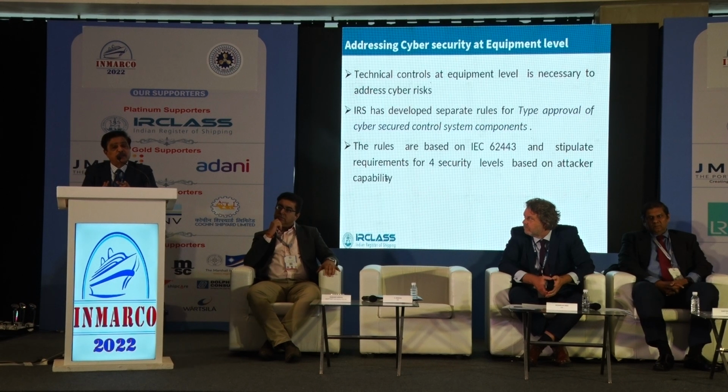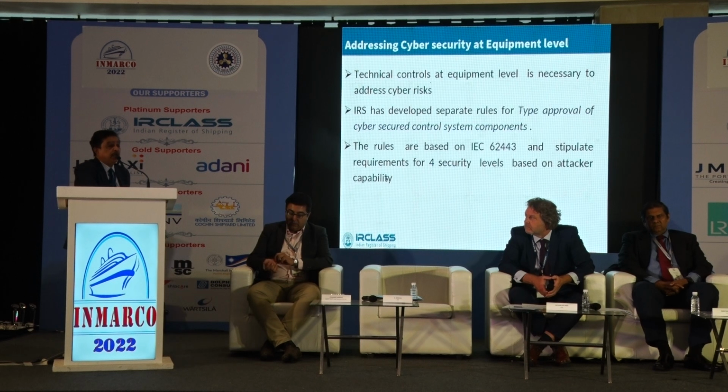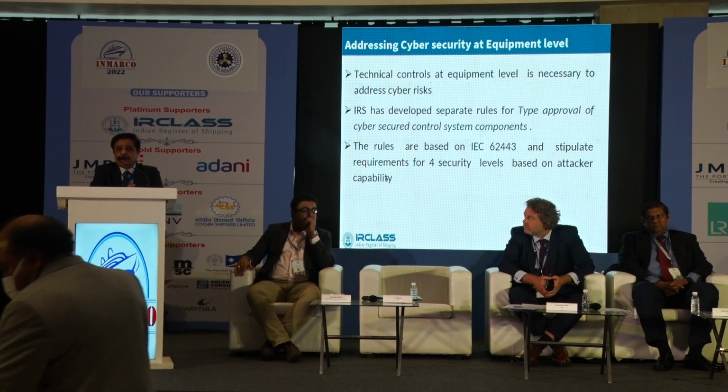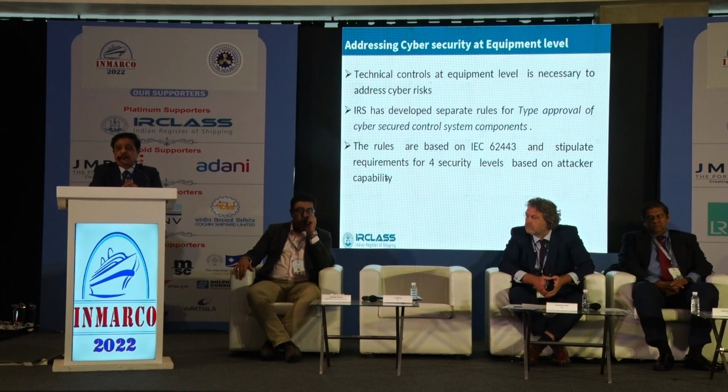But when we talk about autonomous ships and that technology, every system should have basic things like authorization, accountability, and encryption of data when it transfers from ship to shore. These are required and can be provided only when your equipment has the capability. If the equipment doesn't have the capability, they can't be provided. So checking at equipment level is important, and we have developed guidelines which talk about the capability of the equipment to prevent cyber attacks. It has 4 levels of autonomous security levels.